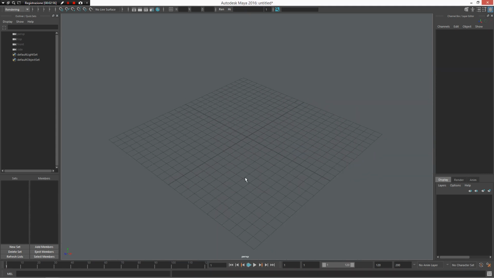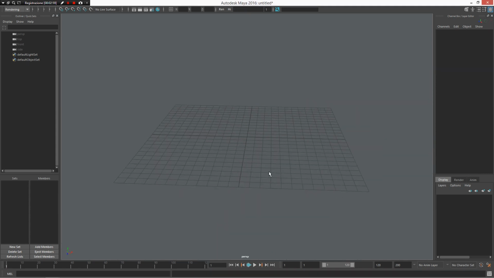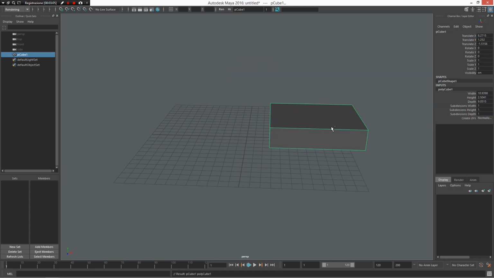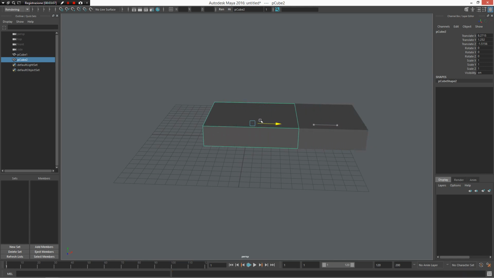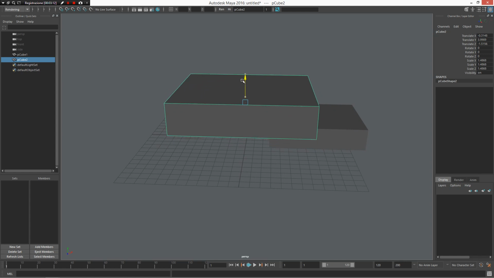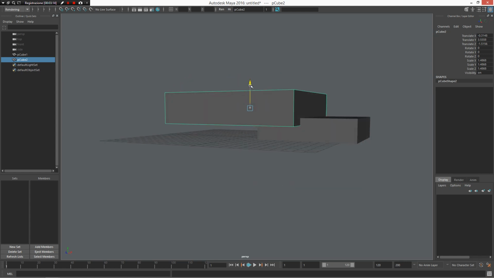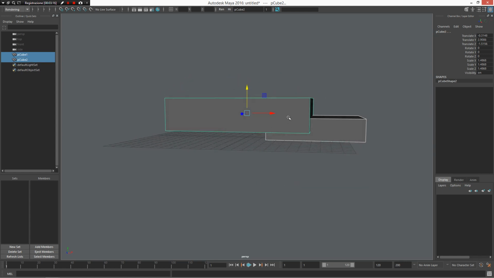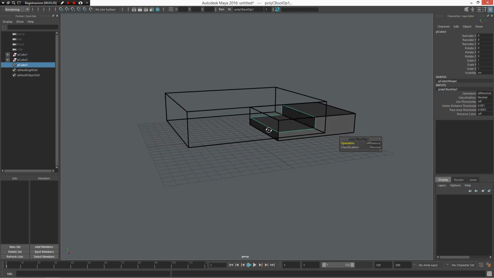Another thing you can do is interactive modeling by using booleans. You can press Z, middle mouse button, and create two cubes, in this case one, then duplicate the other one, which I need to scale a little more. Select the first one, then the second one, press Z, left mouse button, create a difference, and voila.